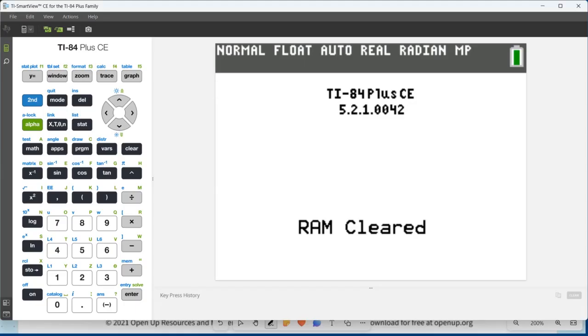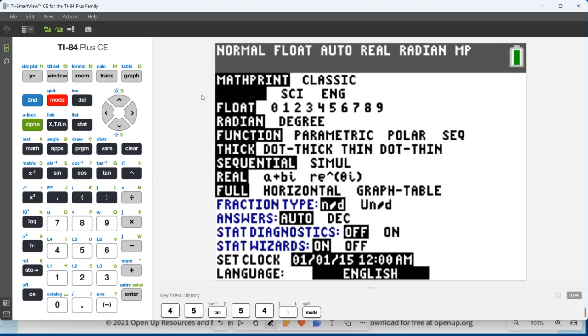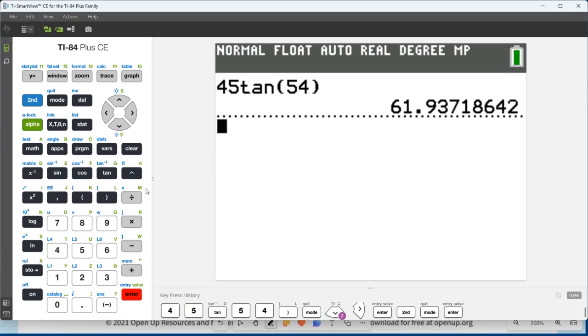So we're going to do 45 tangent of 54, close parentheses. We need to make sure that we are in degree mode. To do that, we press mode, and right here we can see that our calculator was actually in radian mode. So I'm going to go down and over to degree and press enter. Notice that degree is highlighted, and at the top of the calculator it now says degree. It used to say radian. If we press second mode to quit, and we've got our 45 tangent of 54, if we press enter,